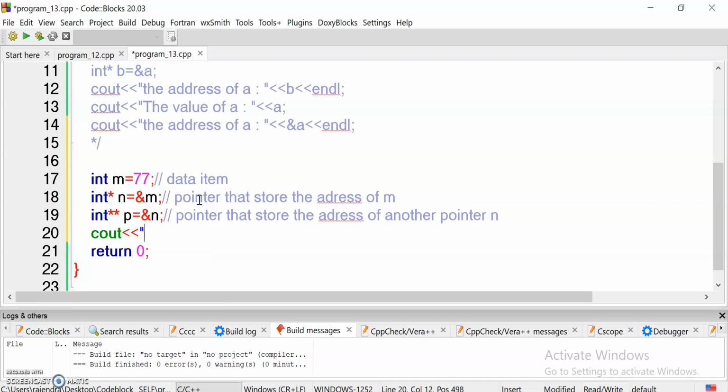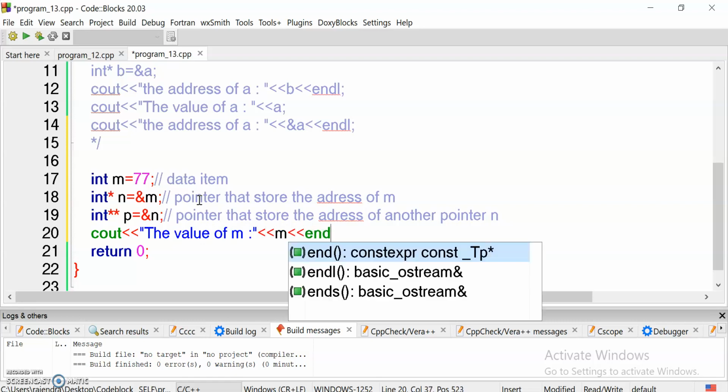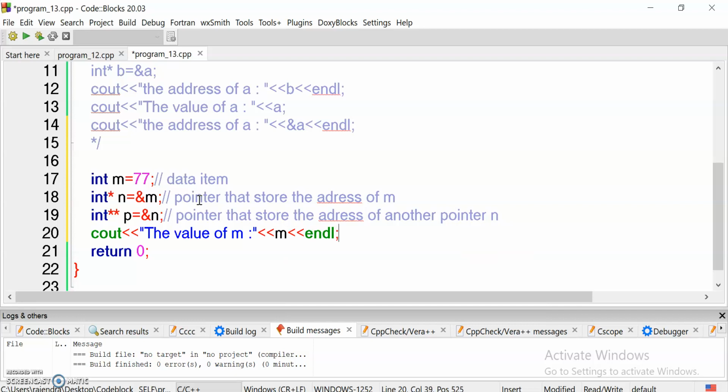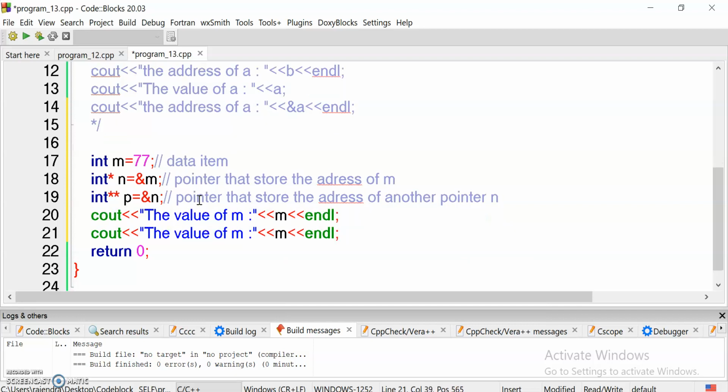Okay, so now we just print these values. Firstly I print the value of m: cout, the value of m is, m, then endl. Let's just copy paste it.